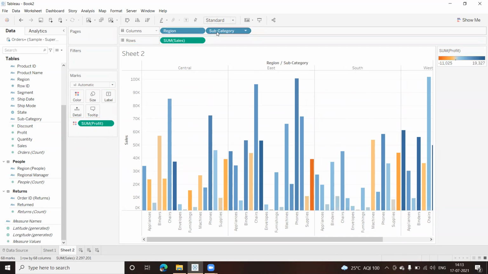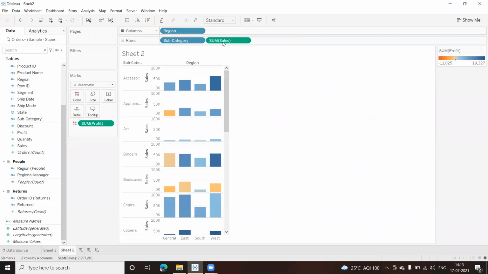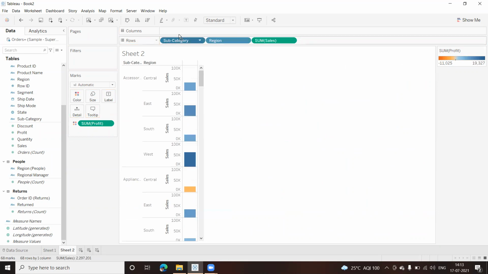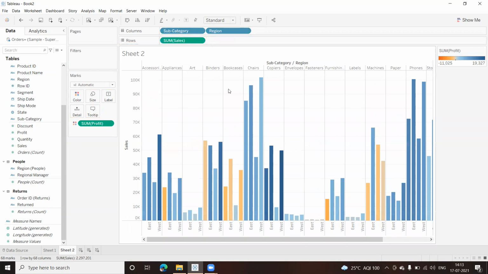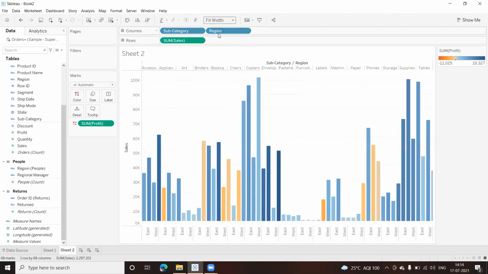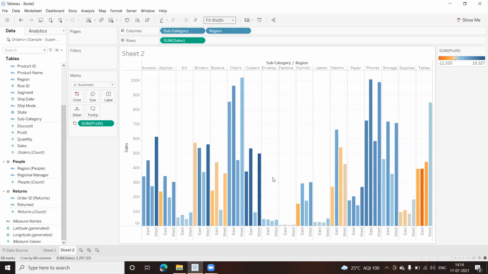If I take subcategory down here and the region here, things are not working out that well, but fine. Now I can click on the width and fit to the width. This looks a bit better.